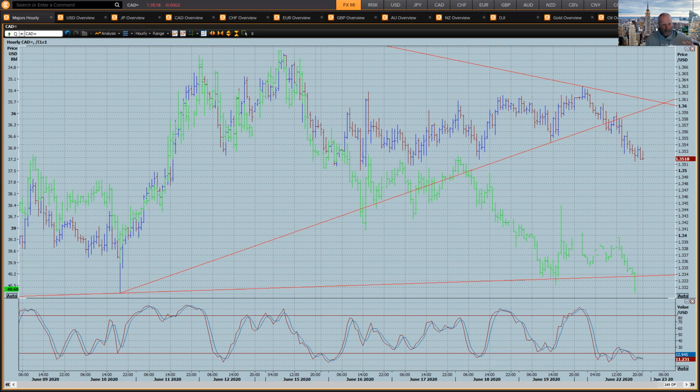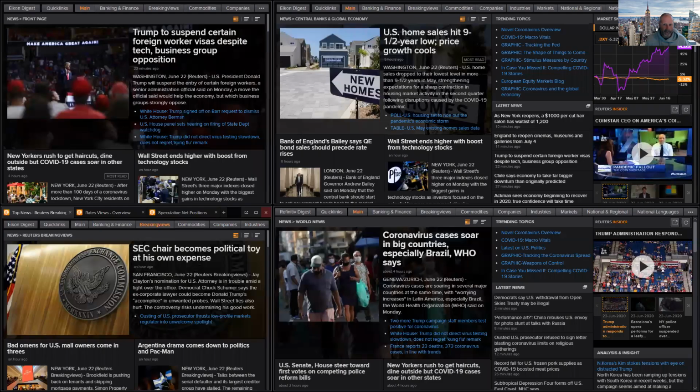Now, part of the story is the slight existing home sales numbers. The other part is, I think this is the first sign, and it's important to recognize this as early as we can, where we start to get the data, right? Especially as far as the coronavirus goes, South America and actually North America itself. A lot of US states are experiencing coronavirus spikes. This is at the same time that it's not being replicated across the UK. The UK is actually opening cinemas and a whole range of other things.